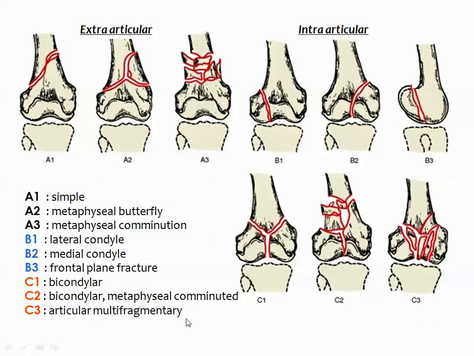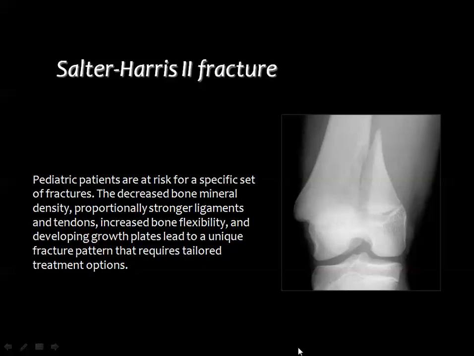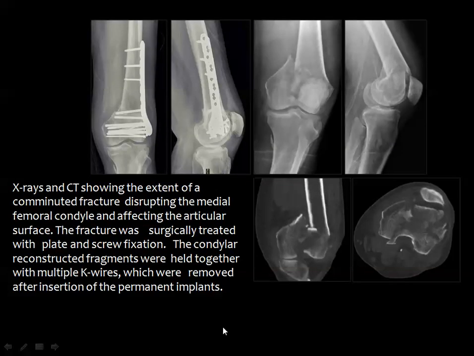The fracture, if it is comminuted and reaching the articular surface, you have type C1, which affects both condyles, type C2, which affects both condyles with metaphyseal comminution, and type C3, which is a severely comminuted fracture. This fracture is considered according to the Salter-Harris classification type 2. You see a fracture proximal to the physeal blade with some disruption of the physis, and this is also a